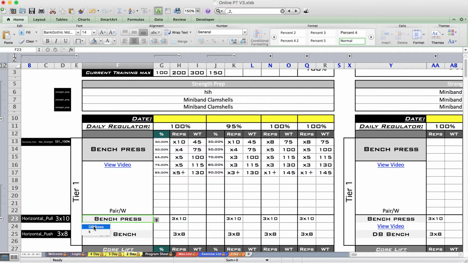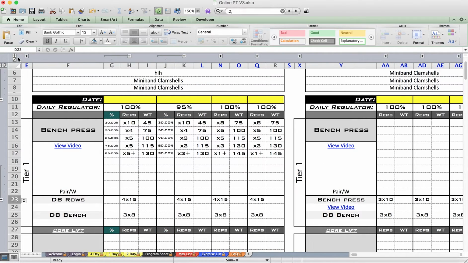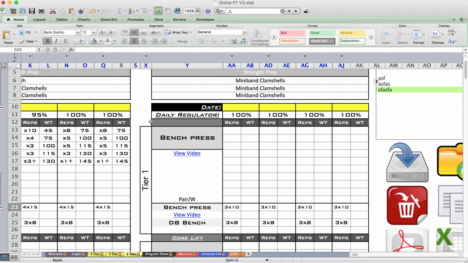So let's say you wanted to do bench press paired with dumbbell rows and you wanted to do 4 sets of 15 on dumbbell rows. That's what you would select. And you repeat this process all the way down. When you have your program completed,